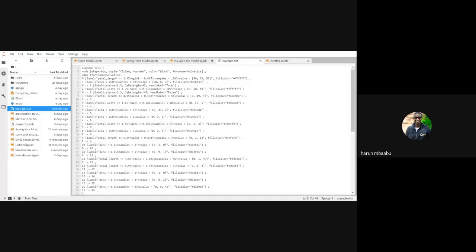So I will come to VS Code and install an extension that we call Graphviz. It's taking forever. So what I will do on VS Code, let me share VS Code instead.